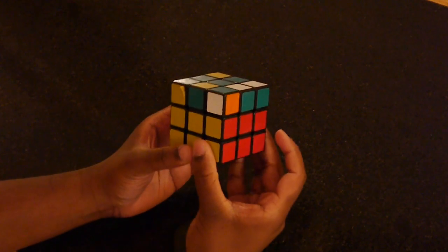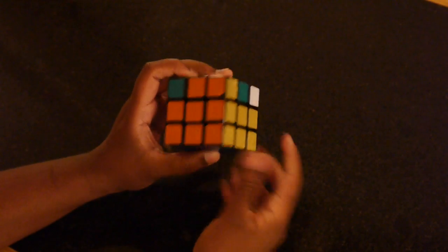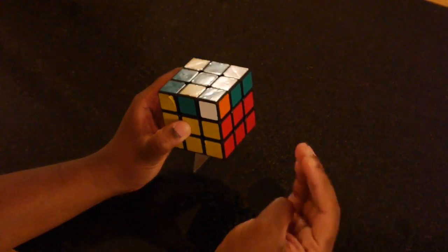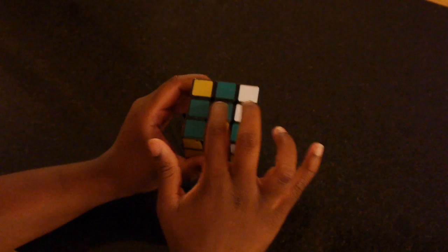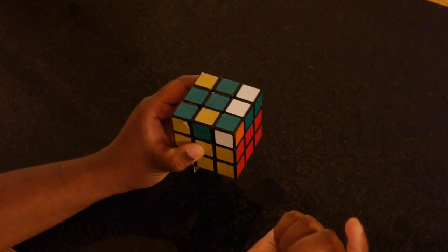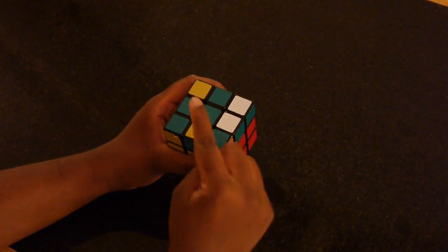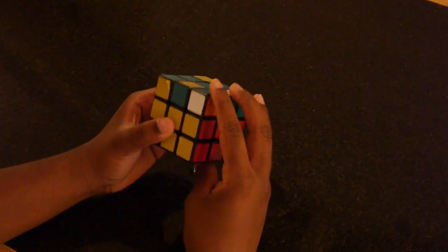Okay, now you've got to the point where you've solved the whole second layer and the first layer. Now what you need to do is solve the green cross. Here is a very simple trick that will let you get from an L shape to the green cross really quickly, only having to perform one algorithm. Make sure that the L shape is in the top left-hand corner on the green face, and then perform this